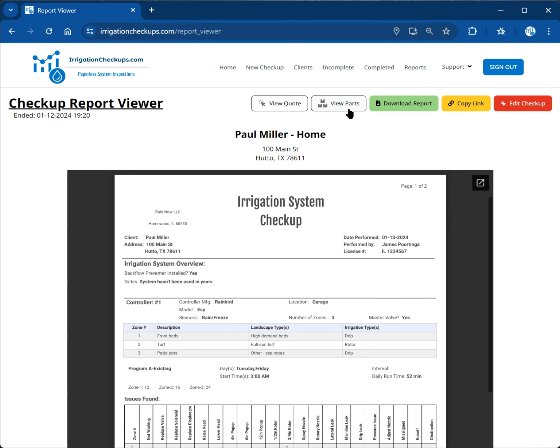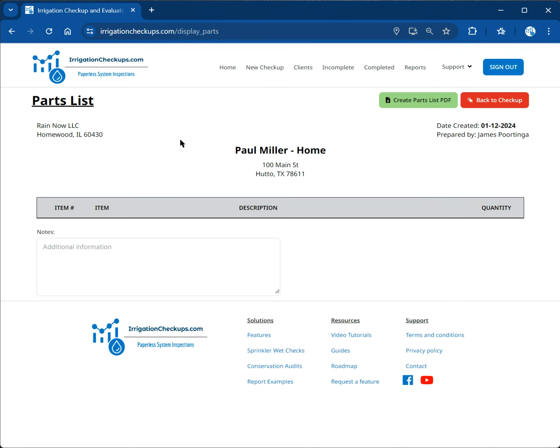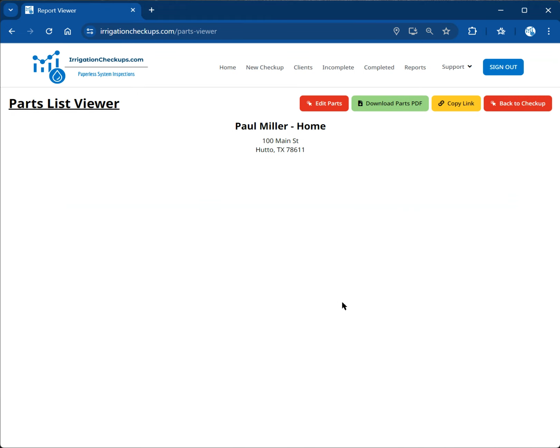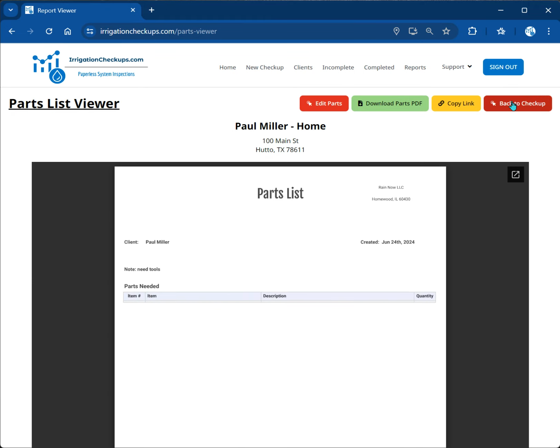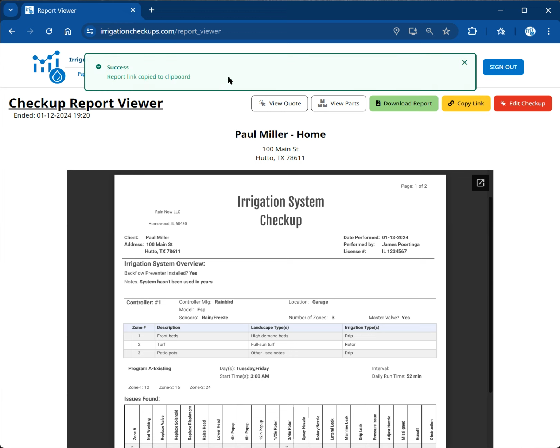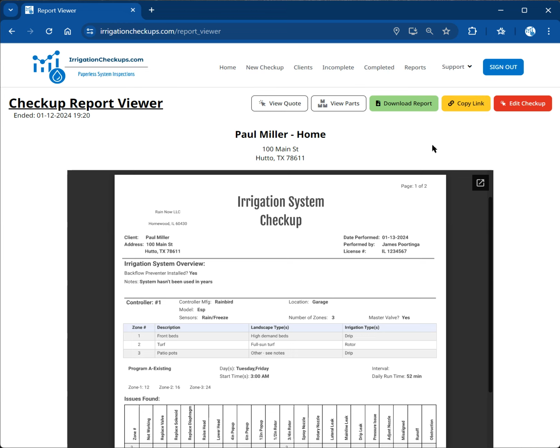And the same thing with parts. If we go to view parts, now this one didn't have any parts, but if you need tools, you can create this part list. Same thing's going to happen. We're going to be brought to the PDF viewer of this parts document, and then we can go back to the checkup. Now you'll notice there's a new copy link button associated with the download report. Whenever you're on one of the PDFs, you can now copy the link, and you'll get a little message saying the report link's been copied to